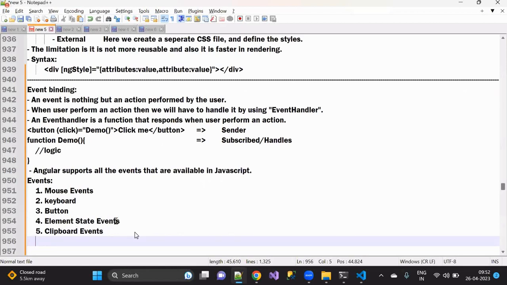That is why element state events or form events, both are the same: blur, focus, change, all. I guess timer events are available, etc. I can write. Okay, when I talk about mouse events: mouse over, mouse out, mouse down, mouse up, mouse move,